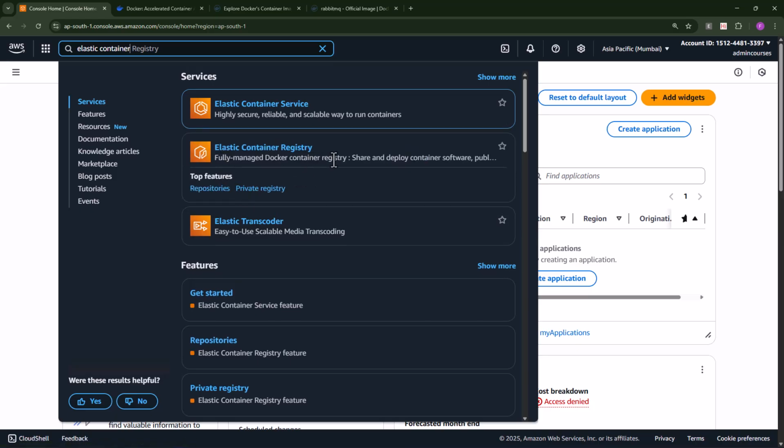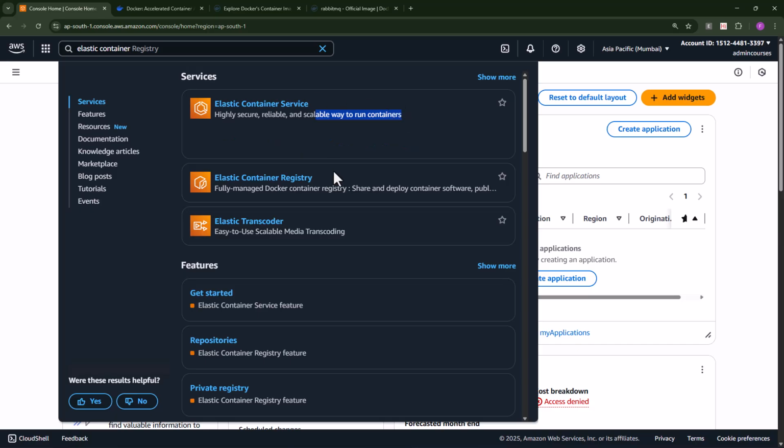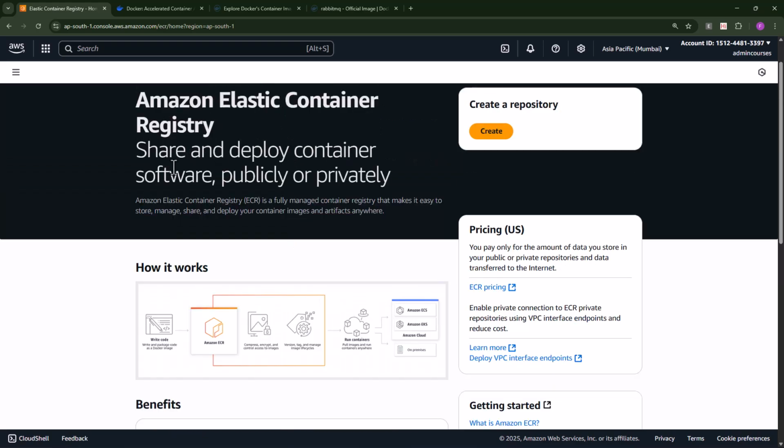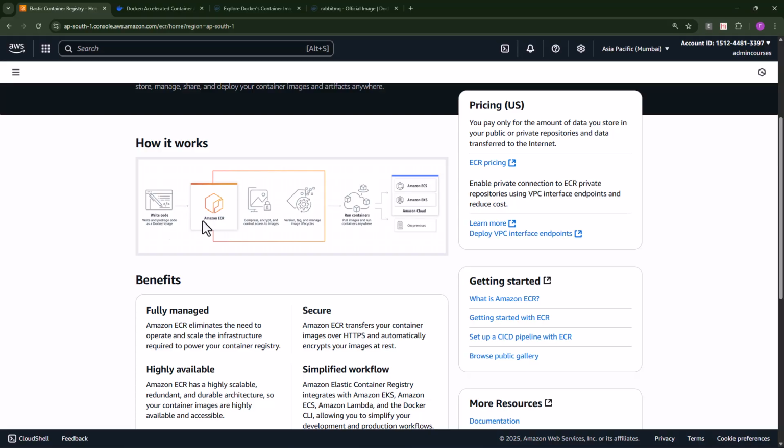So this is for Docker, like storing Docker images, and this is for running those images. They both are separate. Let's talk about registry first. So I'll go to registry, and you can see over here, share and deploy containers software publicly or privately. Okay, so it shows you over here, you write code, you package it into a Docker image and send it to ECR. And from here, you can run the containers on ECS, EKS, or